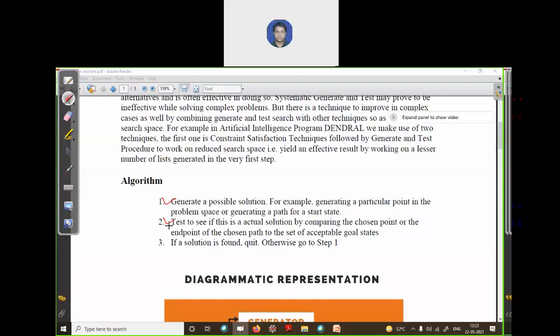If it is the path you are looking for, accept it. Otherwise, go to step one, meaning generate a new solution and test. We generate solutions till we find the solution.